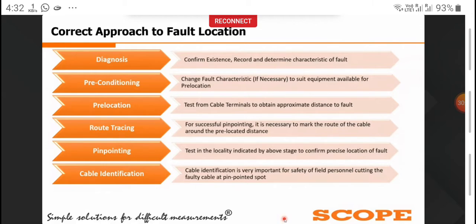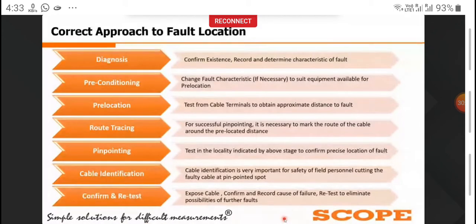After proper cable identification at the faulty point, we need to confirm and cut the cable. After that we have to retest the cable. If we cut the cable at the faulty section, then we have two sections of cable. We have to test both sections by using the diagnosis process, to ensure that there is no further fault. After that we have to do the cable repairing. After successful cable repairing or jointing process, we need